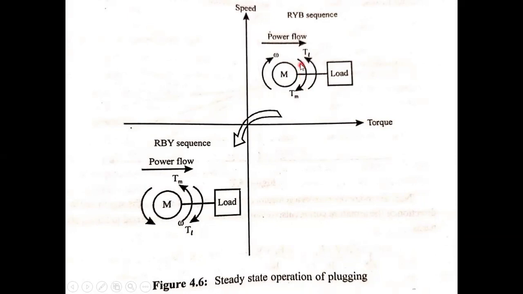Here the rotor rotation is the same as the electromagnetic torque, in the clockwise direction. That's why the rotor rotates clockwise. Here also the same: the electromagnetic torque is anti-clockwise and the rotor rotation is anti-clockwise. That means first and third quadrant operation. So it is motor only, but here in reverse direction and here clockwise. This is the plugging method.